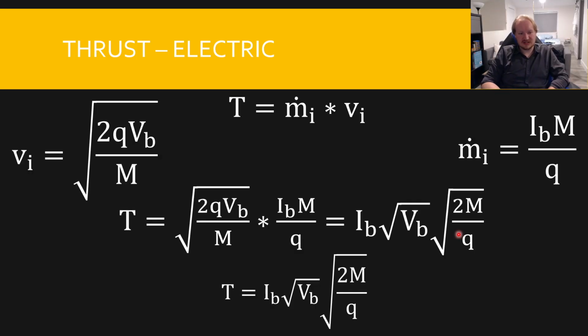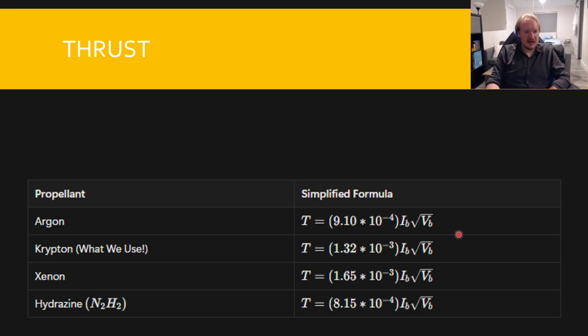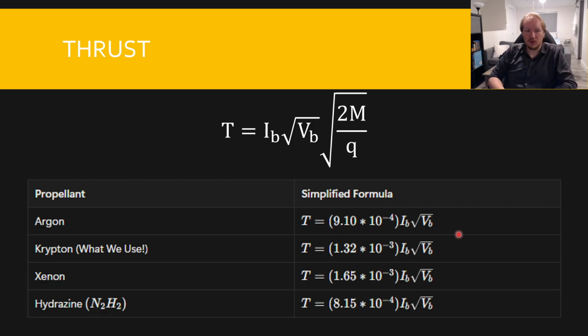So you can see that there's definitely a lot of change that has happened, but being able to measure that current and voltage of the beam is a lot easier than being able to measure just the mass flow rate with velocity. And it allows us to have a much more accurate understanding of what the thrust is, based on very accurate tooling that we have that can check those currents and voltages. And then again, that 2m over q is going to be pretty much a constant value for any given propellant that we're using. Speaking of which, if we plug in values for those specific propellants, we can get this handy